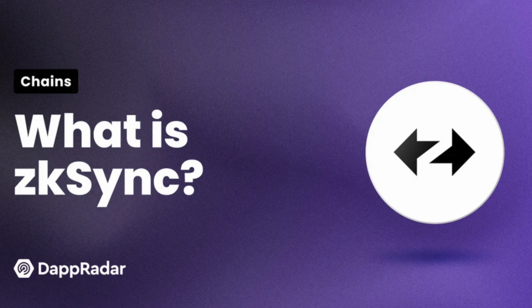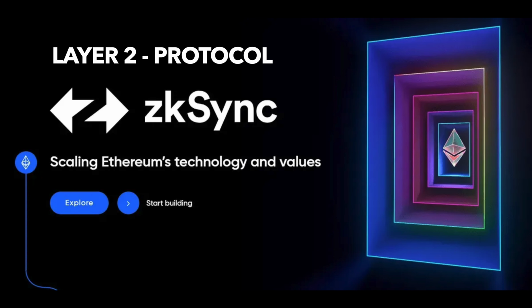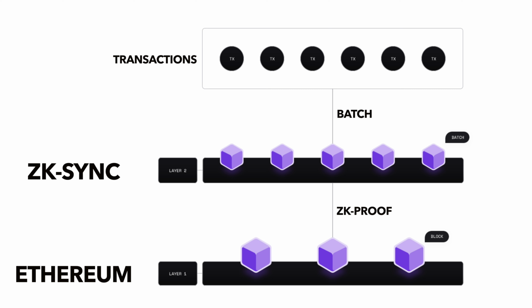Now, what is zkSync? zkSync is a layer 2 protocol designed to scale Ethereum using advanced zero-knowledge proofs. Its primary goal is to enhance Ethereum's throughput while maintaining its core values of decentralization and security. By leveraging zk rollups, zkSync processes transactions off-chain, batches them together and submits them to Ethereum in a single proof. This method significantly increases transaction speeds and reduces the cost without compromising security, making zkSync a robust solution for scaling